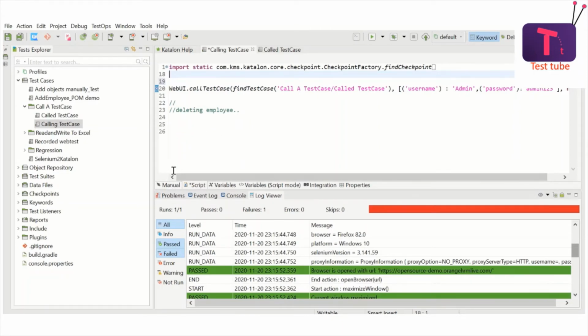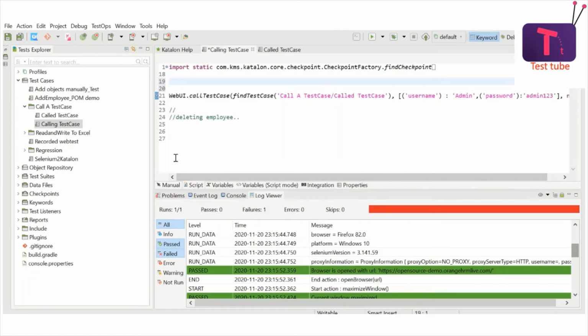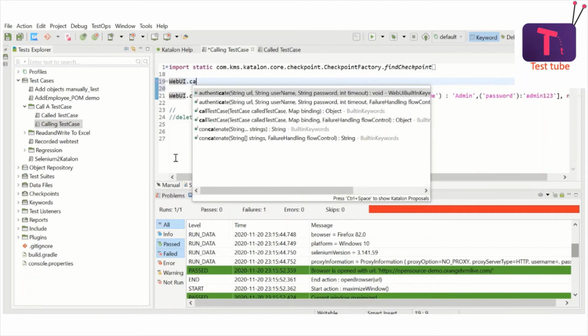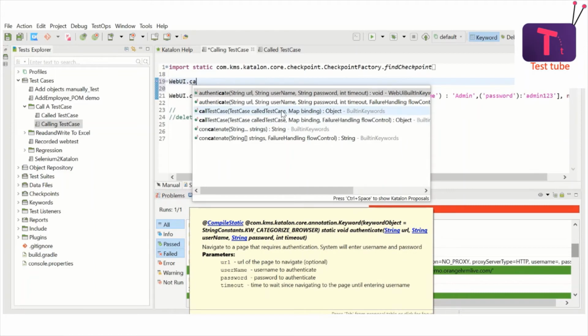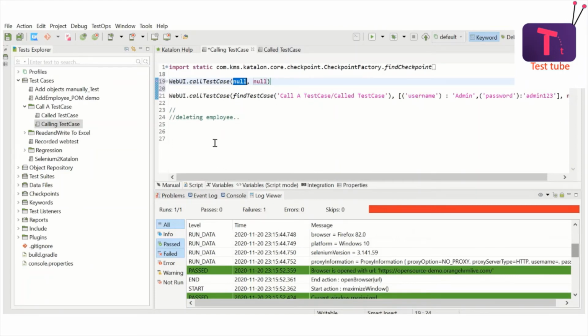So here you can use this keyword Web UI, which has access to call test case, and I'm choosing it here. You can choose this also. It has 3 arguments, including how to handle failure. So I'm selecting this one for now, and you can pass the argument as a test case which you want to call, and the variables which you want to pass as arguments to the test case.